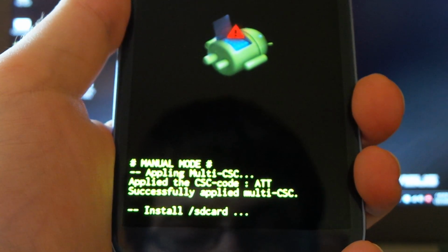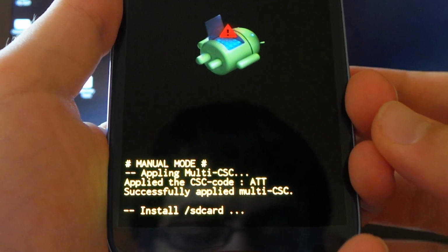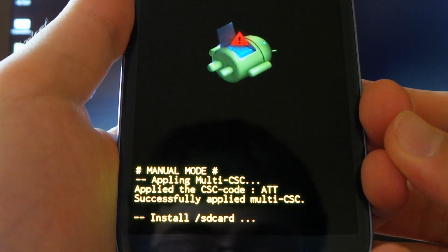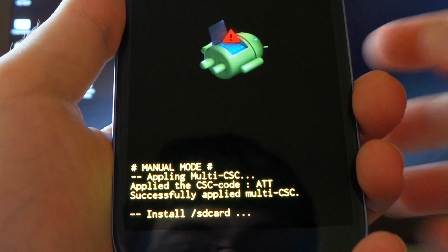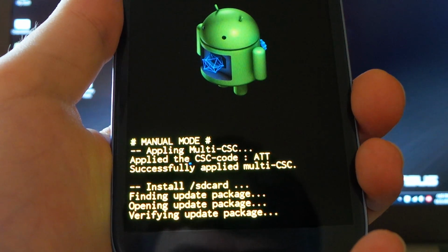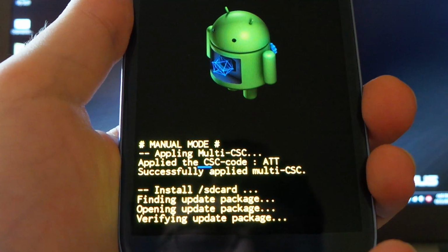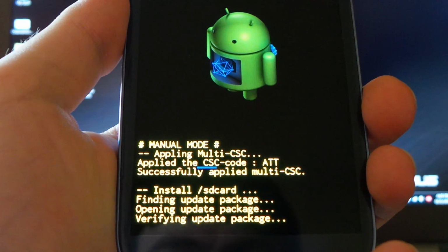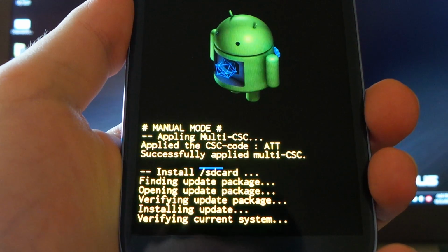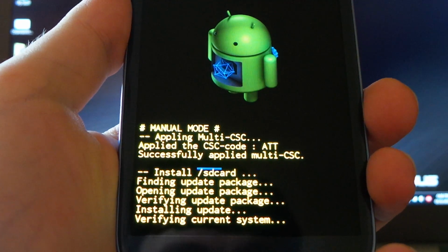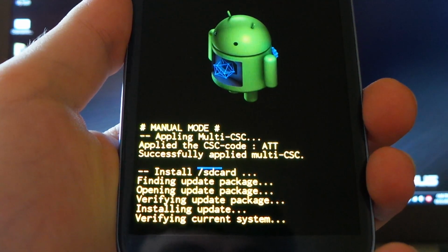Refocus on that just to make it easier. And then this may take a bit depending on the class and speed of your SD card. So there we go. The update will be checking for the official modem, the official system status, and the official, there we go. So verifying the current system, making sure it's official, not rooted, not a custom ROM, not